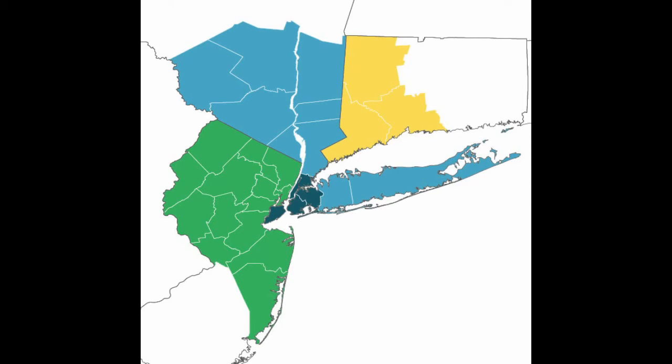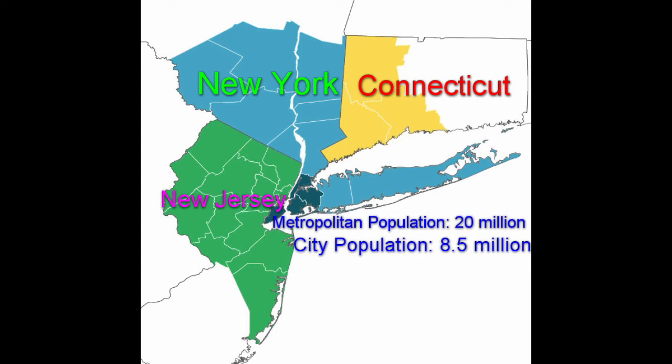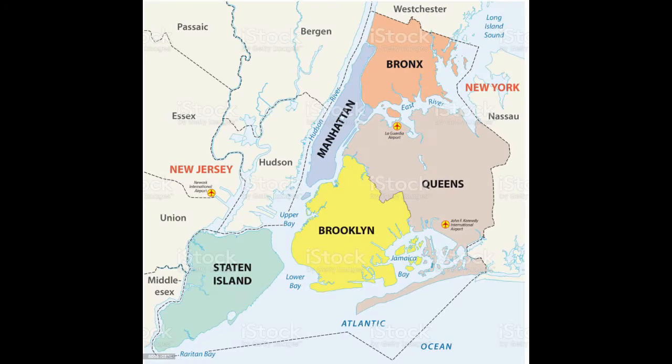The New York tri-state area is on the Atlantic coast of the United States, containing 3 states, Connecticut, New York, and New Jersey, with a metropolitan area population of approximately 20 million and a city population of approximately 8.5 million. New York City and the New York metropolitan area is the most populated metropolitan area in the United States, containing more people than 40 of the 50 states. New York City itself is comprised of 5 boroughs: the Bronx, Queens, Manhattan, Staten Island, and Brooklyn. Brooklyn is the largest by population, Queens is the largest by area, and Manhattan is the most densely populated island in the US.